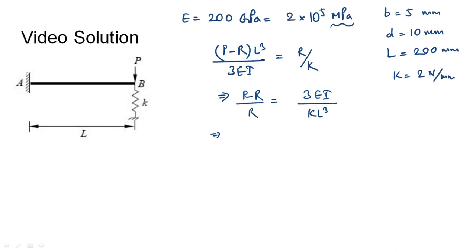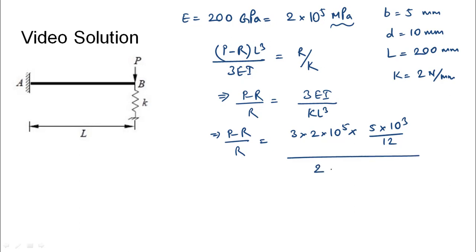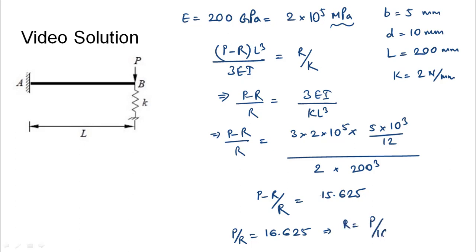So using this, we will have (P minus R) by R equals 3 into 2 into 10 to the power 5 into inertia, that for a rectangle would be BD cube by 12. This will be divided by K, that is 2, and L cube, that will be 200 cube. This would give us (P minus R) by R equals 15.625. From this we will get the value of P by R as 16.625